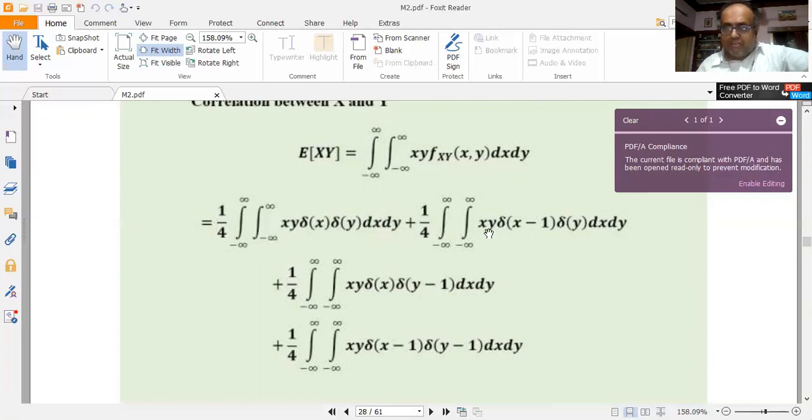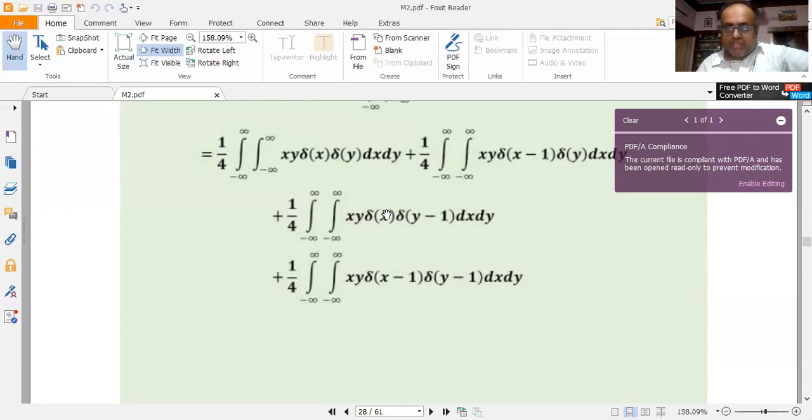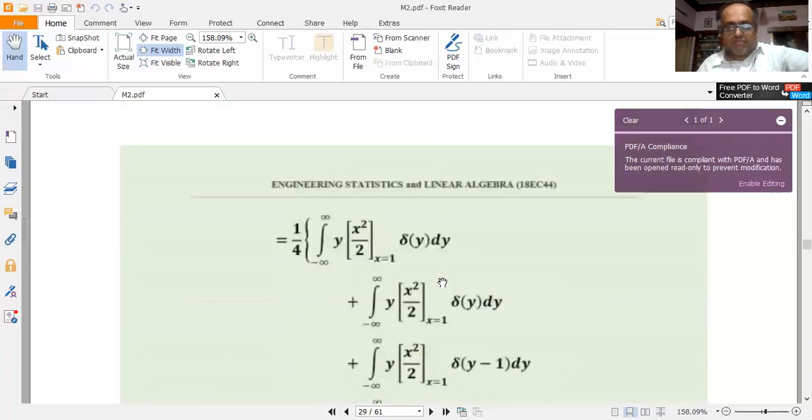Similarly, for the second integral also, first evaluate with respect to x. Take the x terms and evaluate with respect to x. The result of the integration of x, combine that with the y terms, and then integrate with respect to y. That would be my final answer for the second term. Similarly, for the third double integral also, collect the x terms together and evaluate with respect to x first. Then the result is combined with the other y terms and integrated with respect to y, and I get the final result. Similarly, the same holds for the fourth double integral evaluation also.